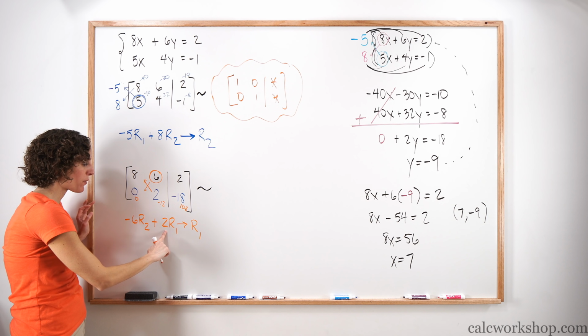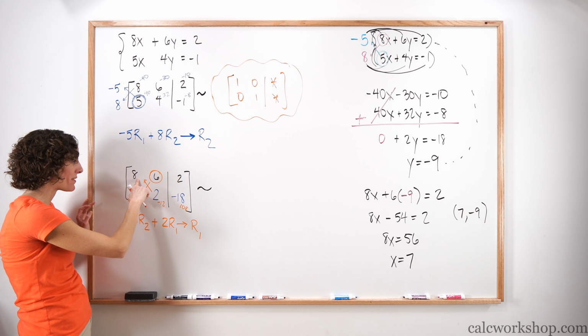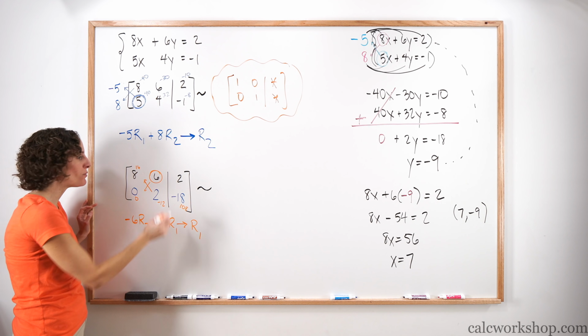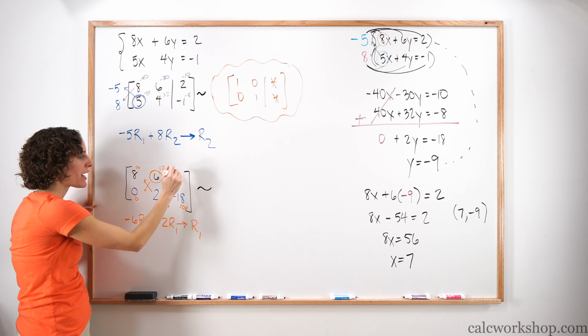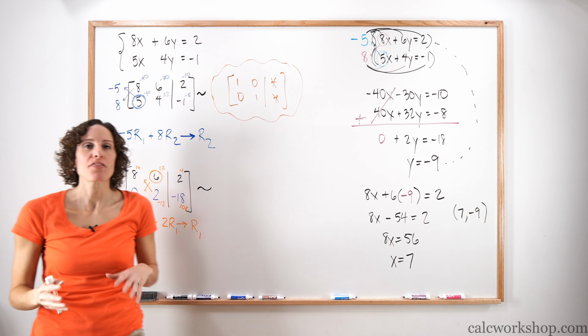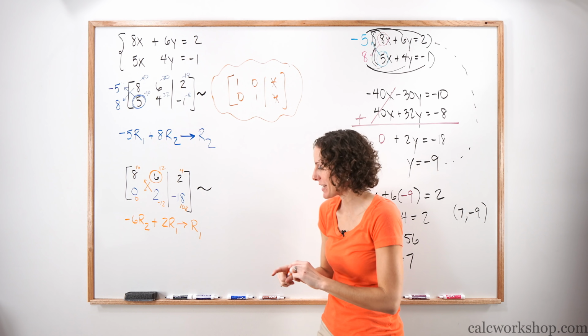Now, if we multiply the entire top row, row 1, by a 2, let's see what happens. 8 times 2, we get 16. 6 times 2, we have 12. And 2 times 2, we get 4. Notice that these are the little orange numbers. That's what we're going to be adding. If we can do this in our head, great. Otherwise, just write it down.